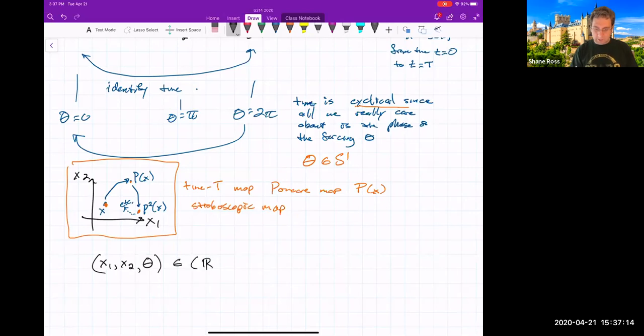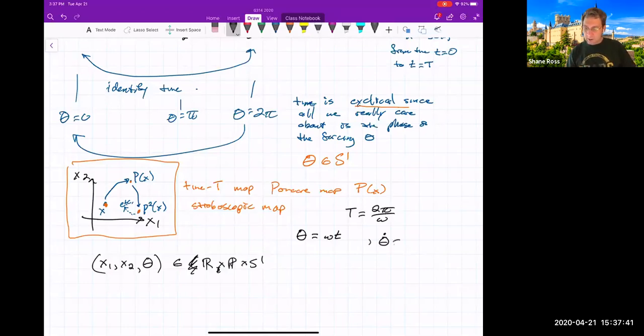So then this exists in R cross S1. What is theta? Well, we can write the period in terms of a frequency. So the period capital T is 2 pi over omega. Omega is in radians per second. If we use this as our time variable, so we're using the phase, then theta dot is just omega, and we kind of add this to the system: x1 dot is whatever that first component of that vector field is, x2 dot is whatever the second component of that vector field is,